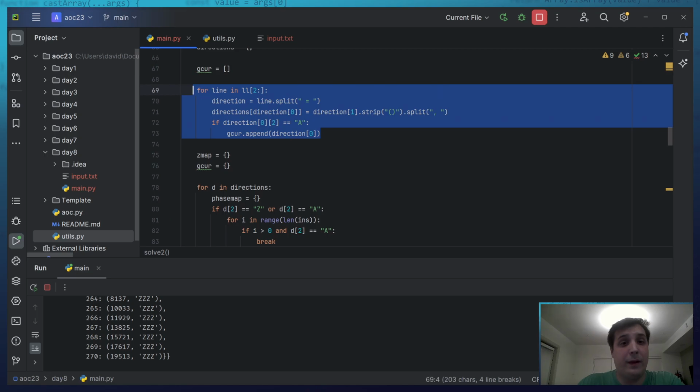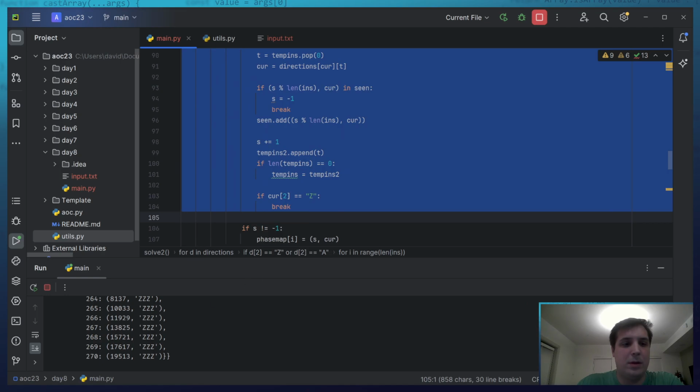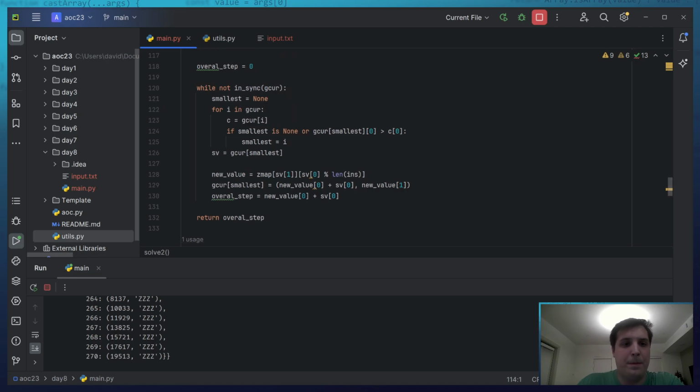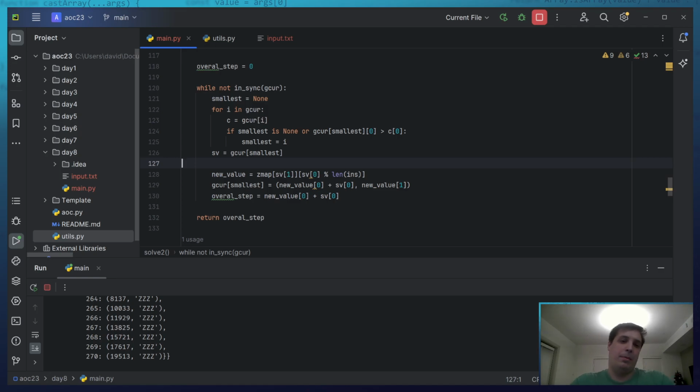Like this whole thing of actually making my maps here so that this goes faster, and then running, instead of running step by step, I'm running through the map. There's loops.